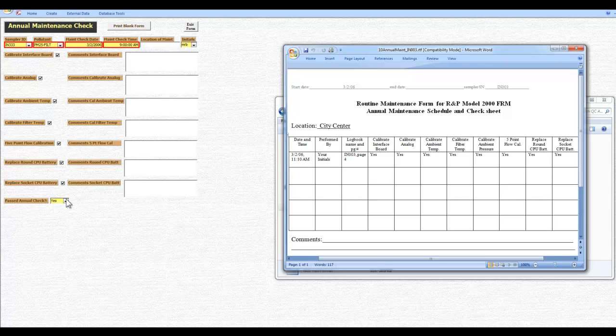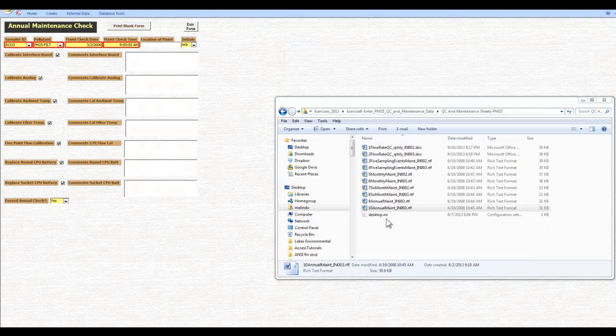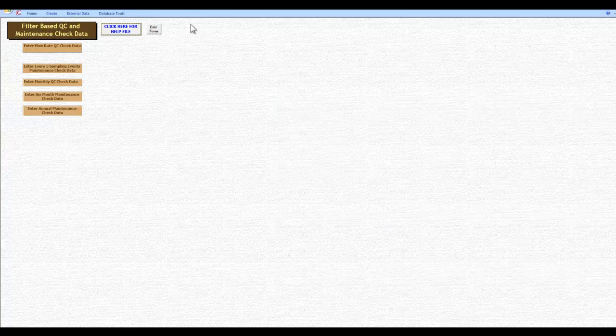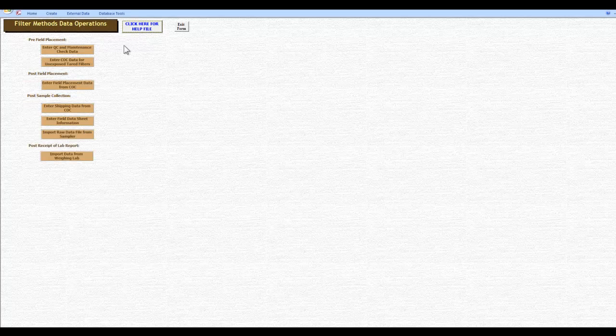And it's important to say yes or no that it passed. So yes, now we have completed the data entry for all these different kinds of QC checks. I'm going to say exit form, and now I've entered all of this. I'm going to say exit form, and we've done the very first set of QC and maintenance check data entering,